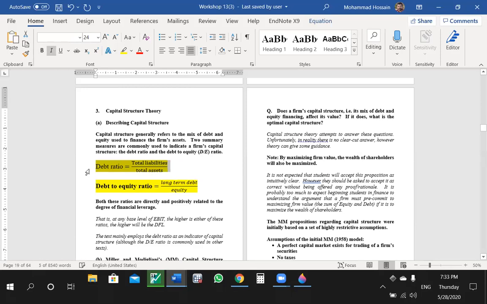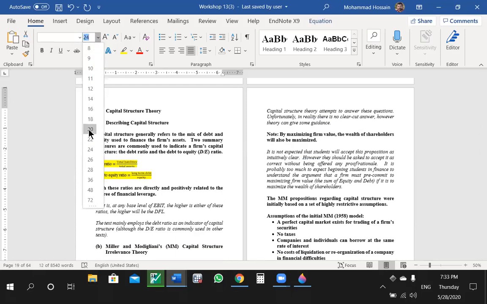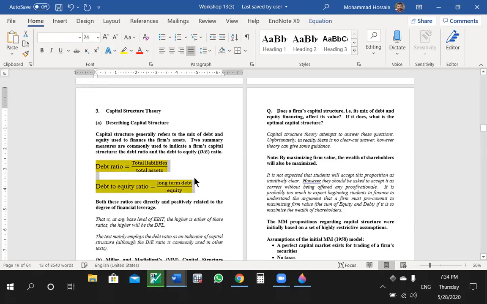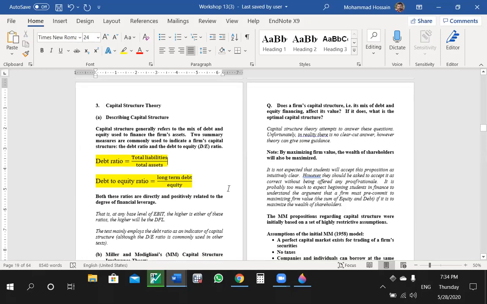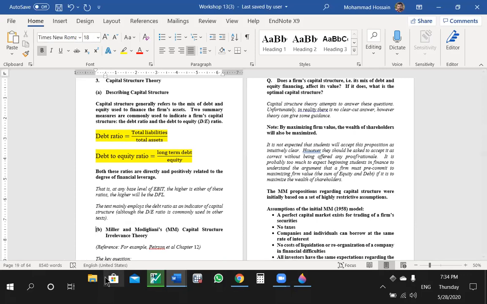And the other one, debt to equity ratio. Okay, the equation is long-term debt divided by equity. Or equity. So these two things. Now we'll be talking about theories,